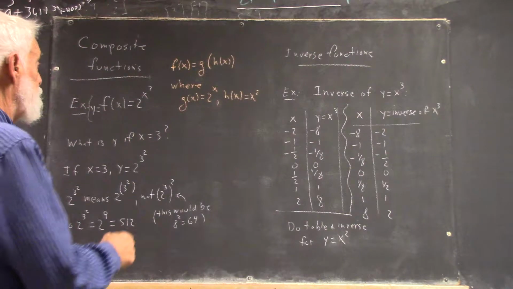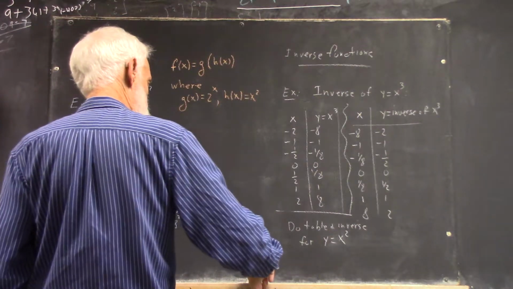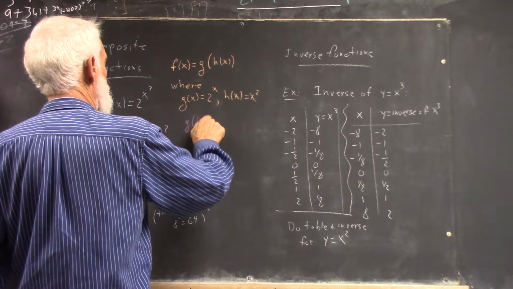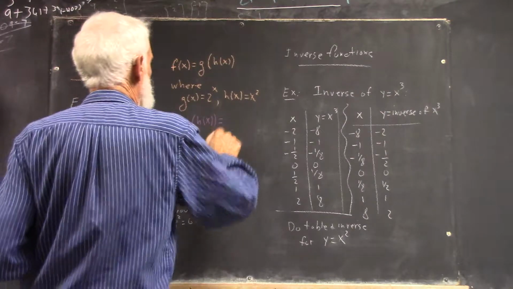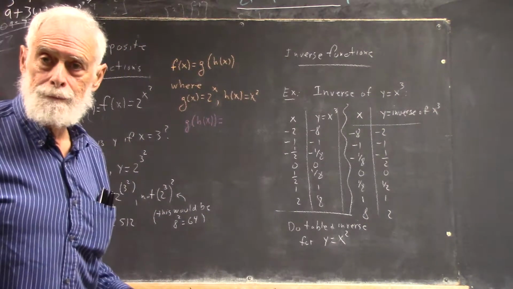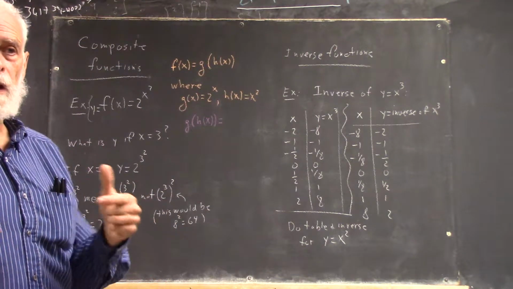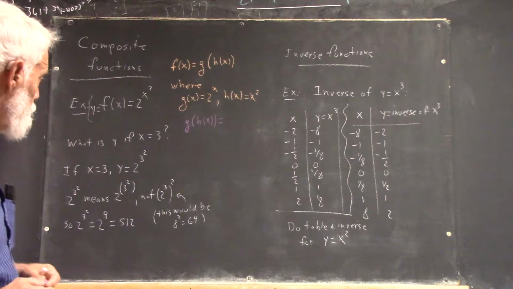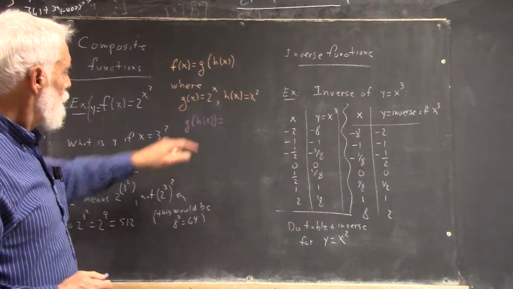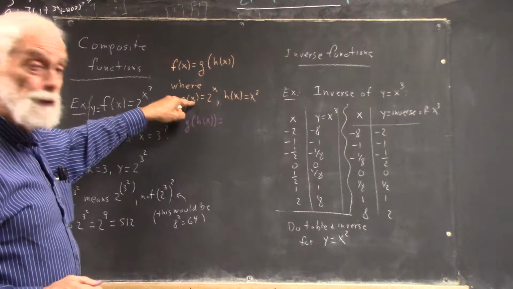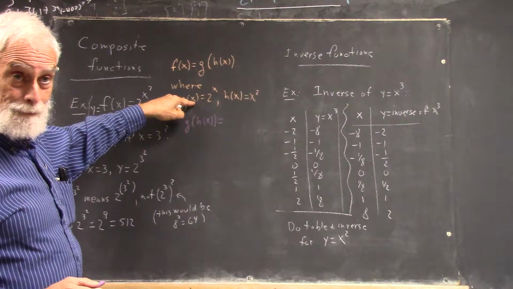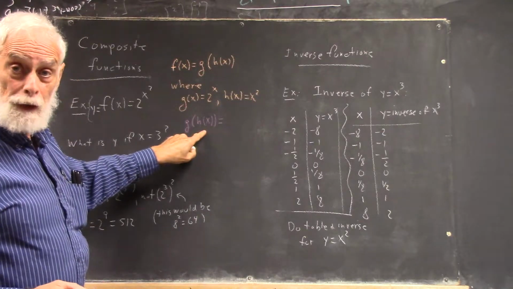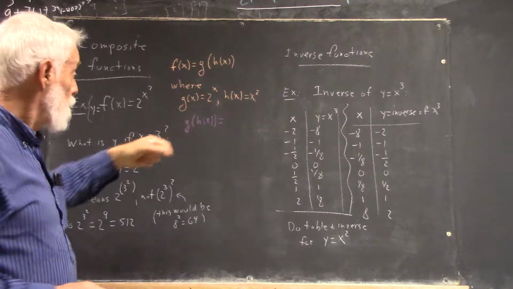Okay, so let's see. What's g of h of x equal to? There are 2 ways you could write out what g of h of x is. So you could either substitute h of x for x here, okay? Or you could substitute x squared for h of x, right? So there are 2 things you could write there. You could write